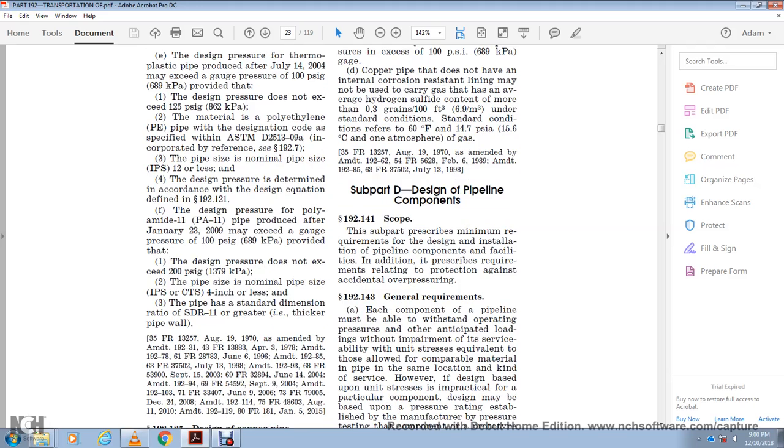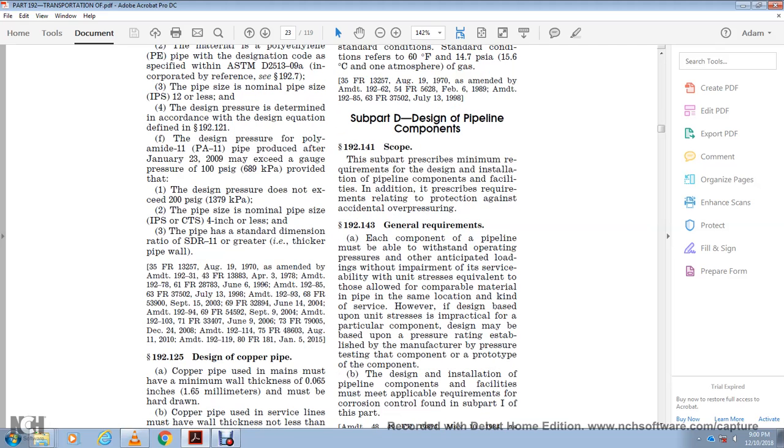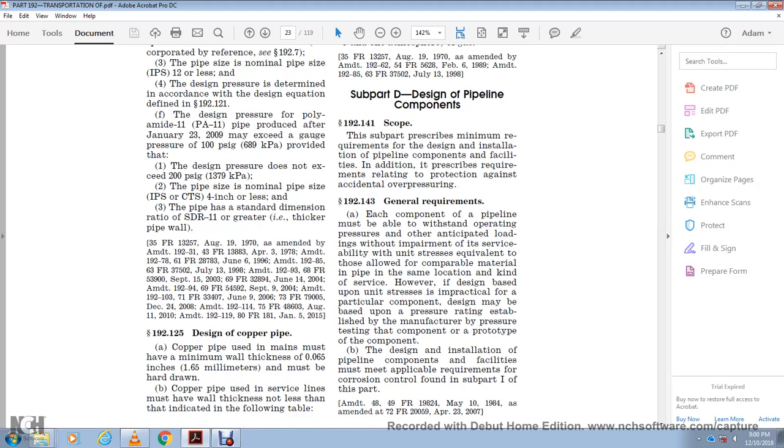192.143, general requirements. Each pipeline component must be able to withstand operating pressure and anticipated loads without impairment of its serviceability, with a unit stress equivalent to that allowed for comparable material of the pipe at the same location. However, even for a design based on the unit stress of the particular component, the design may be used at a pressure rating established by the manufacturer for testing the component prototype, and the design, installation of the pipeline component or facility